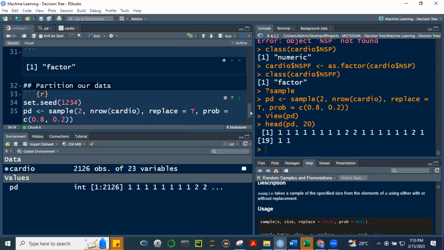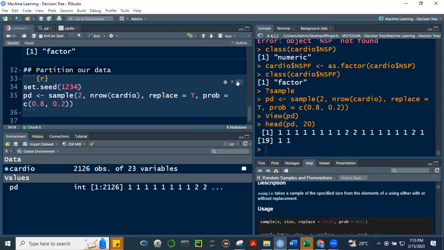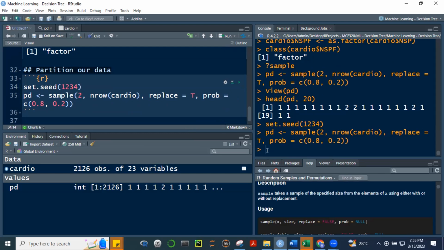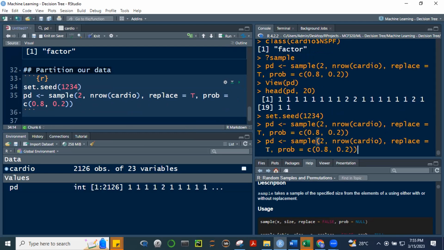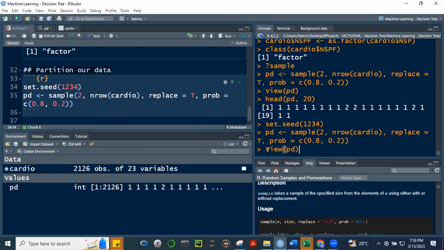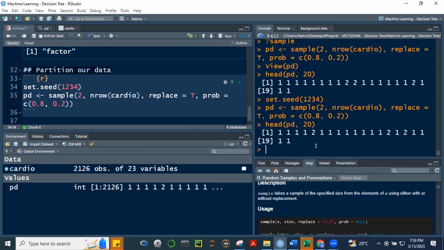All right? Sige, i-run natin to ngayon with the set.seed and then tingnan natin yung head. Yan, sige, head ulit. Run ko yung head, control enter. Okay, I'm now getting 1, 1, 1, 1, apat na 1, and then 2. And I'm sure, 100% sure that you also got the same. You're getting the same sample.